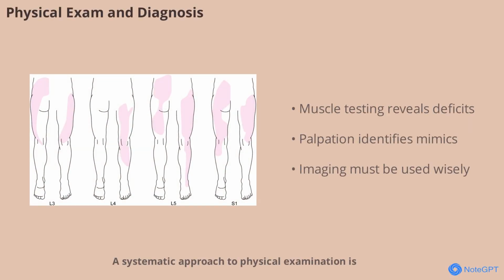A systematic approach to physical examination is vital for differentiating radiculopathy from its musculoskeletal mimics. Key maneuvers include manual muscle testing, sensory mapping, and reflex assessment. For example, weakness in ankle dorsiflexion may point to L5 radiculopathy, while focal tenderness over the greater trochanter suggests trochanteric pain syndrome. Evocative tests like the straight leg raise can indicate nerve root involvement, but their sensitivity and specificity are